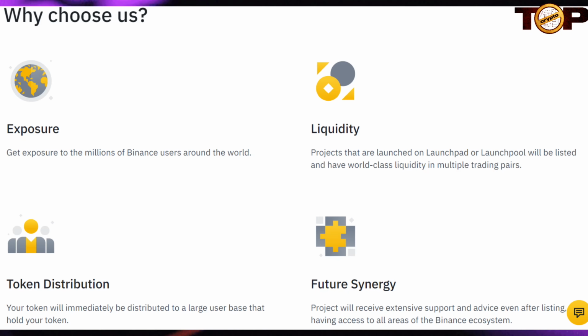Why choose us? Exposure. Get exposure to the millions of Binance users around the world. Liquidity. Projects that are launched on Launchpad or Launchpool will be listed and have world-class liquidity in multiple trading pairs. Token distribution. Your token will immediately be distributed to a large user base. Future synergy. Projects will receive extensive support and advice even after listing, having access to all areas of the Binance